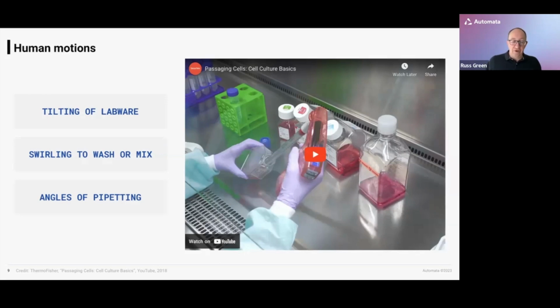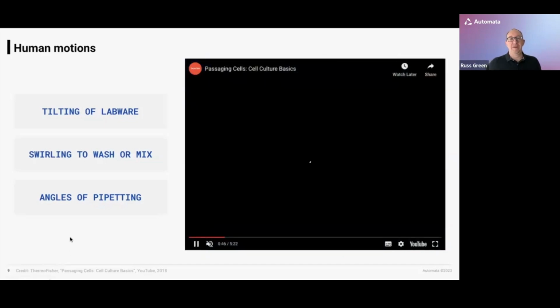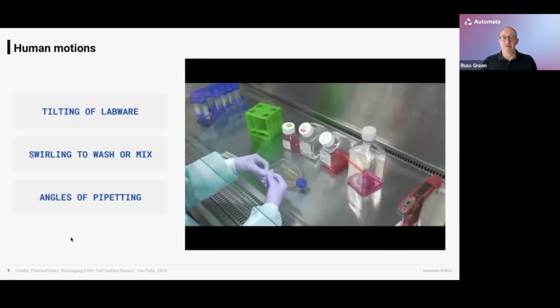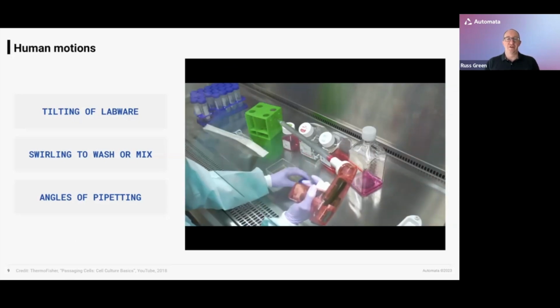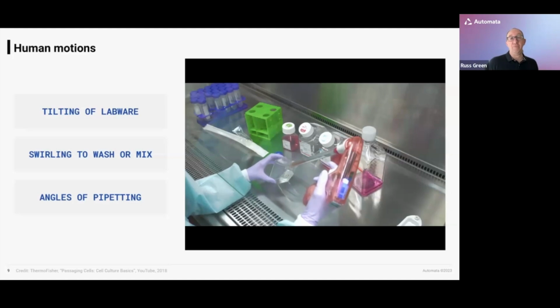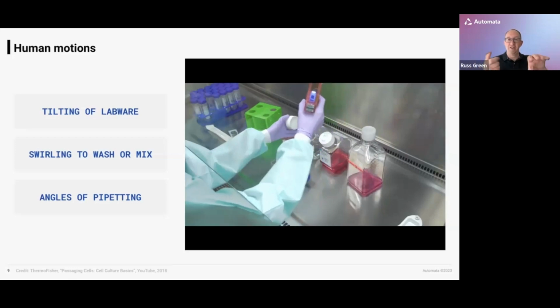So this ties very closely to the labware itself. I'm going to steal a video from Gibco, now part of Thermo Fisher, where they speak about the basics of handling cells, and in particular about passaging cells. And you can see as we go through this the kind of motions that are required. These are complex human motions that are hard to recreate in automation, well, not impossible, just difficult. So here we're tilting labware as well as going in with that long pipette, and we've got two hands moving things in a three-dimensional space.